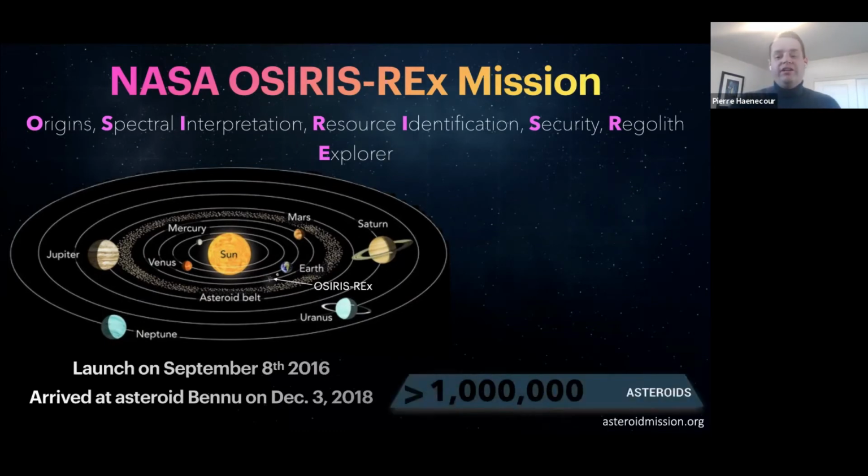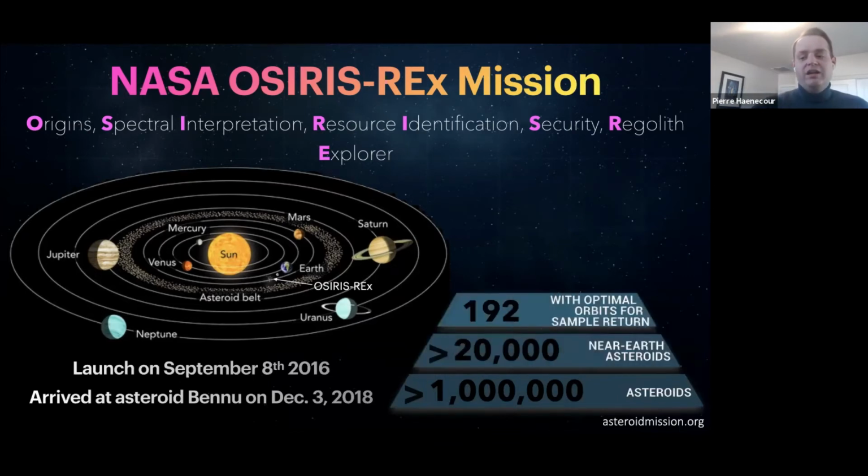there are millions of asteroids in the asteroid belt. But if we look at the ones closest to us, those near-Earth asteroids, they could actually cross the Earth's orbit. They left the asteroid belt and are now in orbit between the Earth and Mars, close enough that they would likely intercept the orbit of the Earth. Some of those are called hazardous asteroids, because they have the potential to actually hit the Earth. And as Rachel mentioned in her talk,